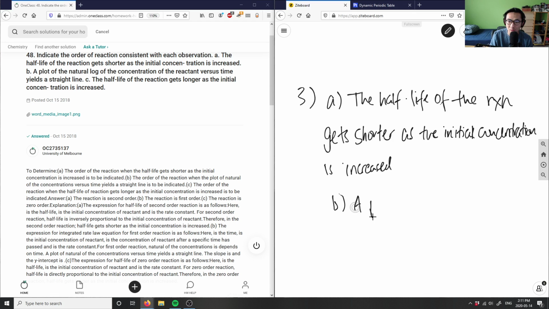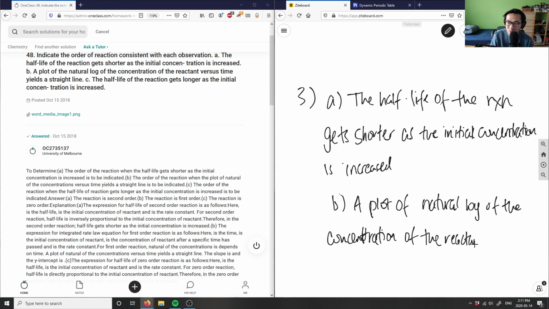B is stating a plot of the natural log of the concentration of the reactant versus time